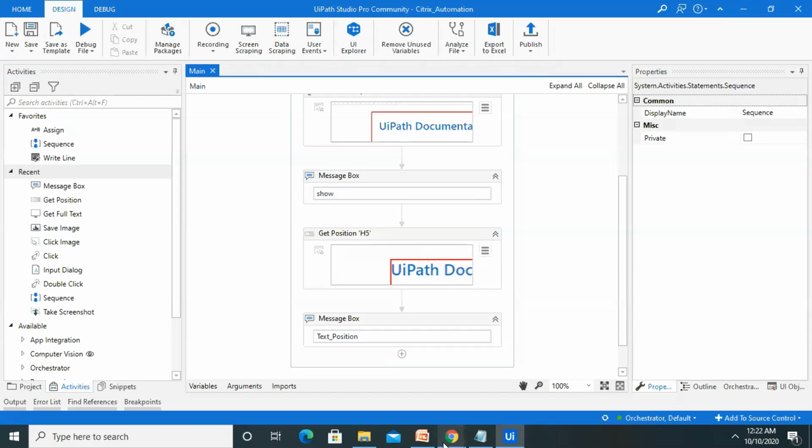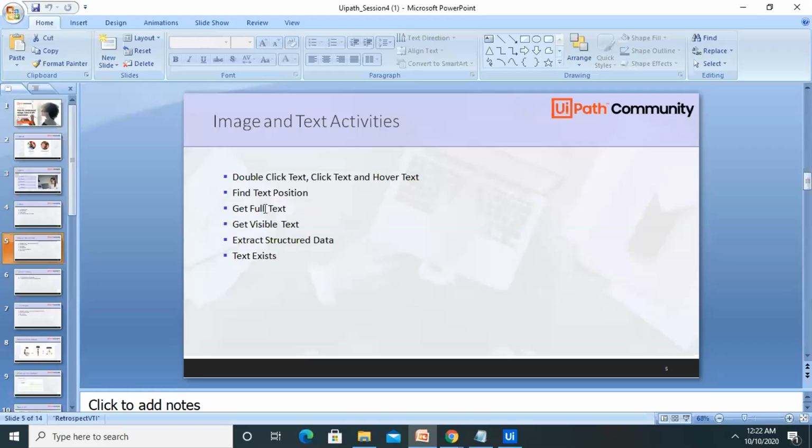There are several other activities also available which we can use, like get visible text, extract structured data, or text exit. So all these we can use for our text, or for the sequence or automating the text.